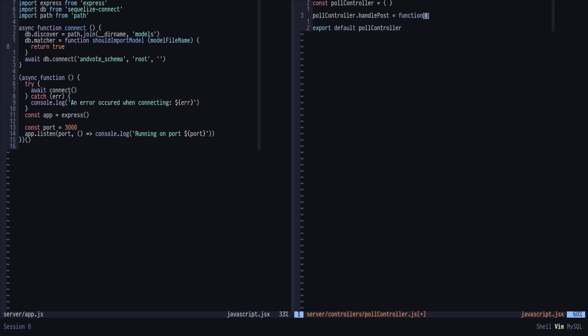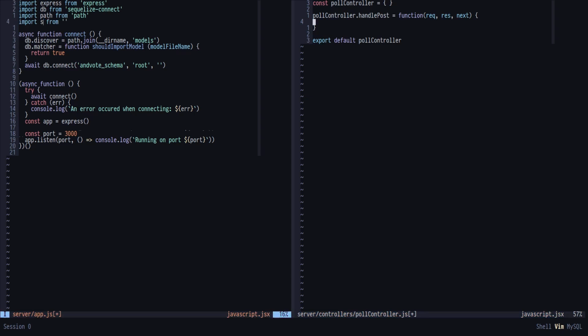And we'll say this is equal to a function that takes a request, a response, and the next middleware to call if this route handler can't actually handle the input. Generally, we pass errors to that middleware function. Then within app.js, I can import pollController